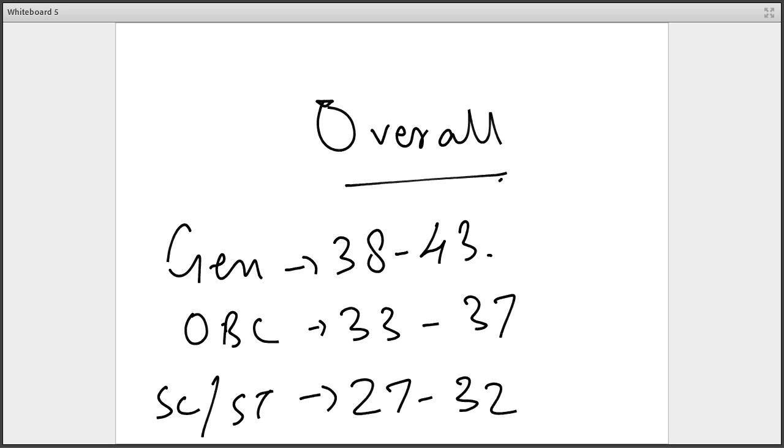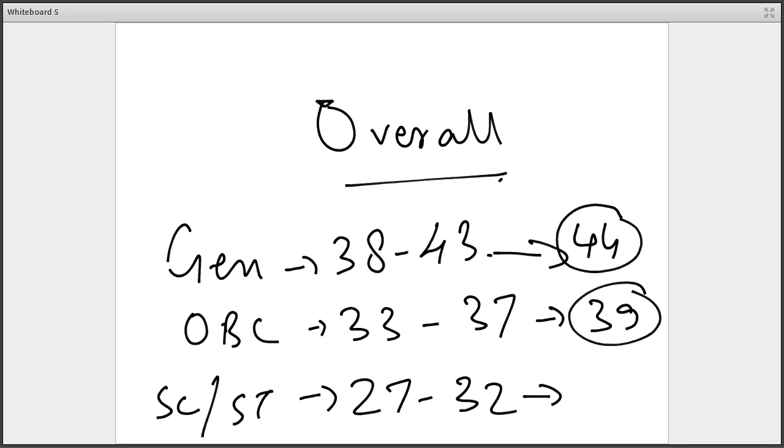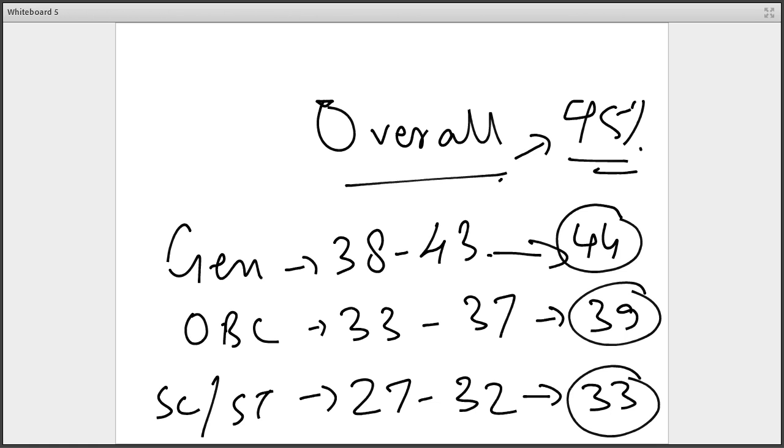However, if supposedly the paper comes very easy, you can have this as high as 44 marks. You can have this as high as 39 marks. You can have this as high as 33 marks. But the overall cutoff will never exceed these values. So, just to clear the cutoff, in general category, 45% should be your minimum target. But